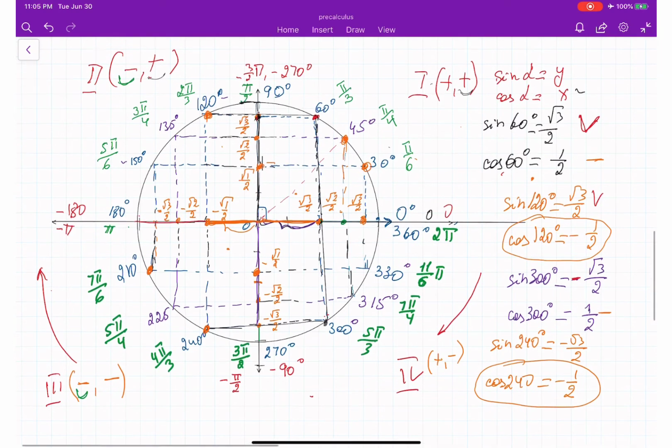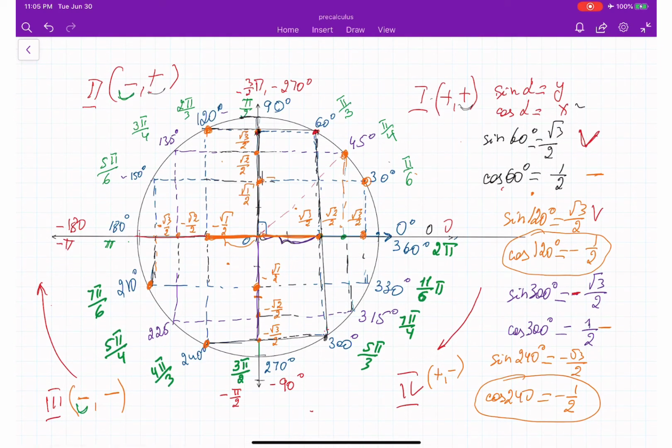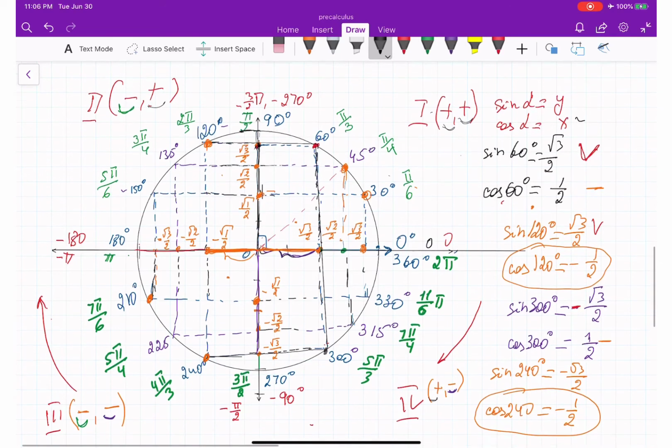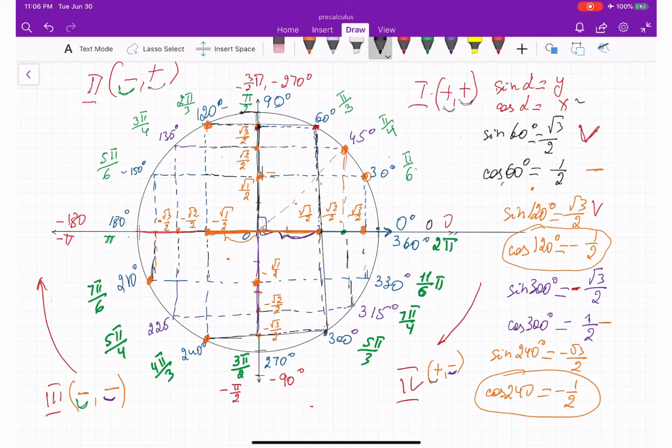So, fourth and third quadrant has y the same, right? Negative y, or sine alpha is the same, negative. So first and fourth quadrant have the same cosine, right? They have the same cosine, plus and plus. Okay? So this is all about